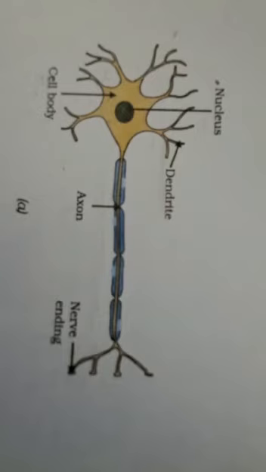These chemicals cross the gap and reach the dendrite of the next neuron. So they create similar electric impulses. When these chemicals reach the dendrite of the next neuron, a similar electric impulse is created. This electric impulse passes from the dendrite to the axon. Again it travels throughout the axon and reaches the nerve endings. So finally